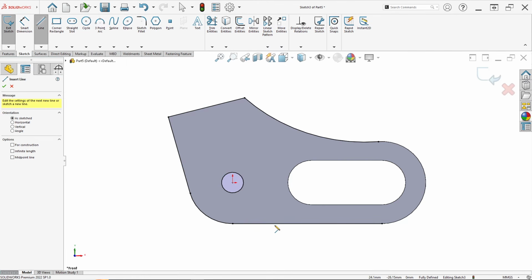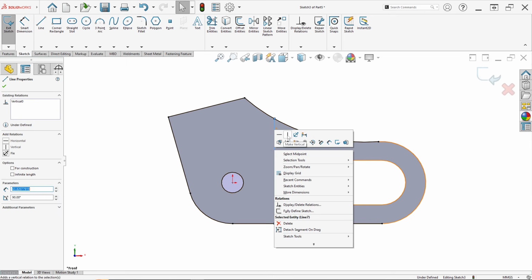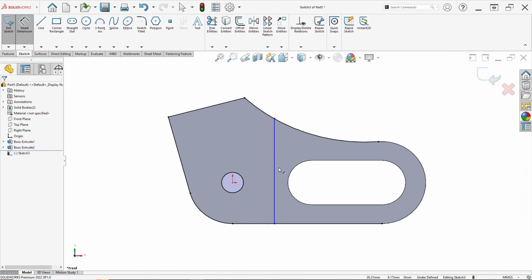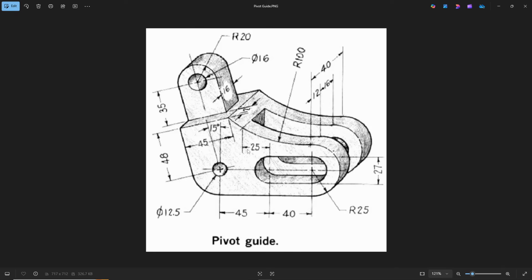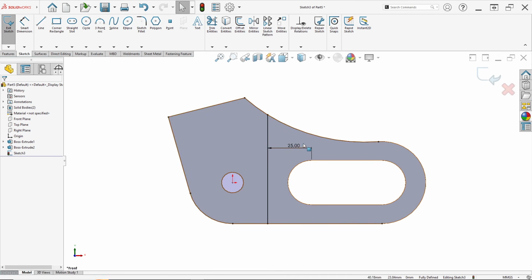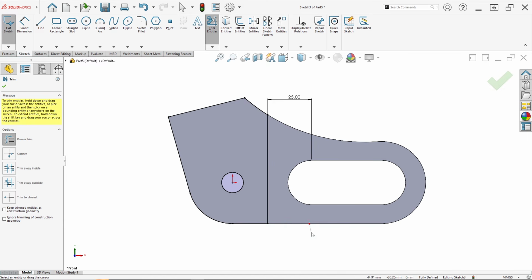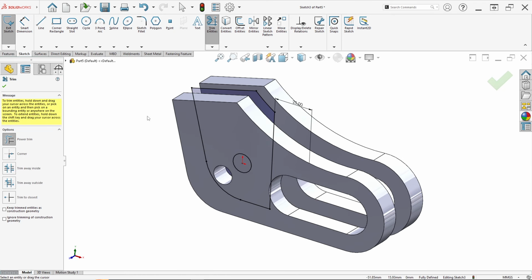Click line and draw from here to top. Ensure this line, click make vertical, and set the dimension from this line to this point at a distance of 25 millimeter. And we can do trim entities for this line and this line. We just need this sketch.